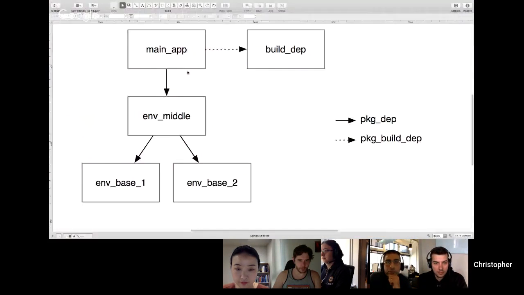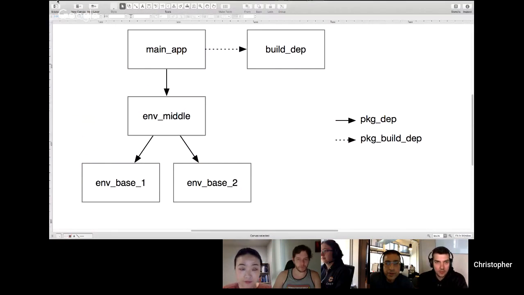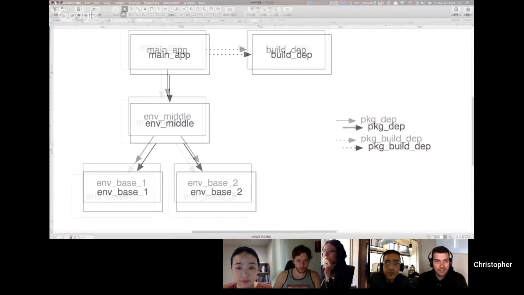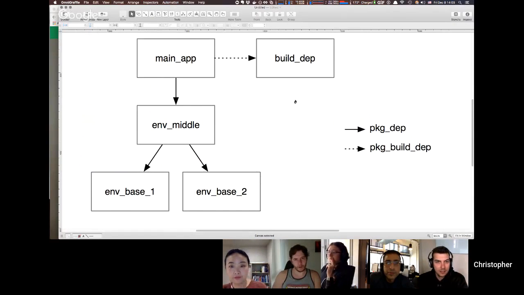So can you see this diagram? Yes. Okay. So I've made a little sample network of applications here, or packages, that will illustrate how